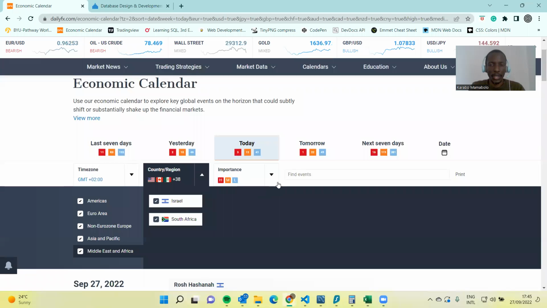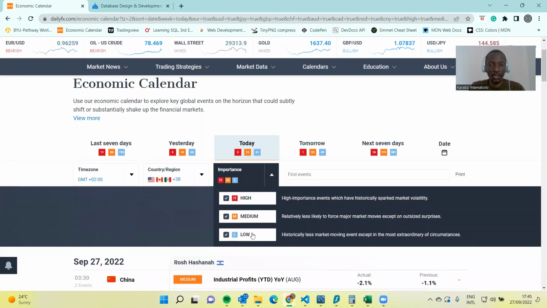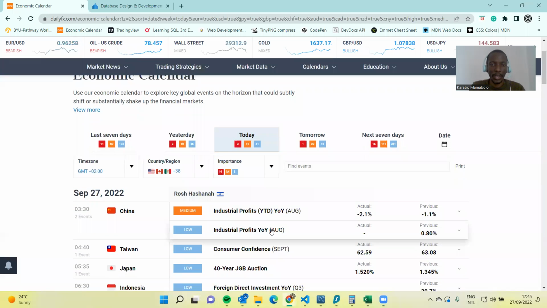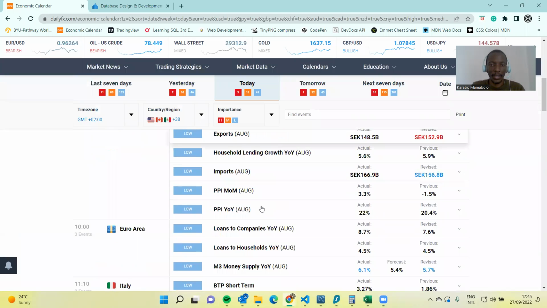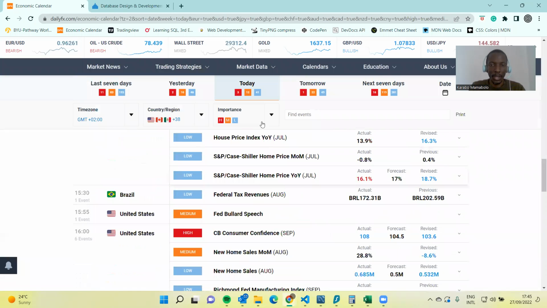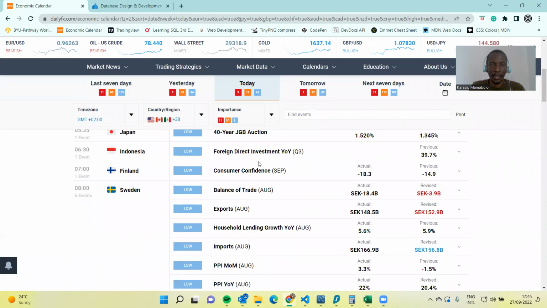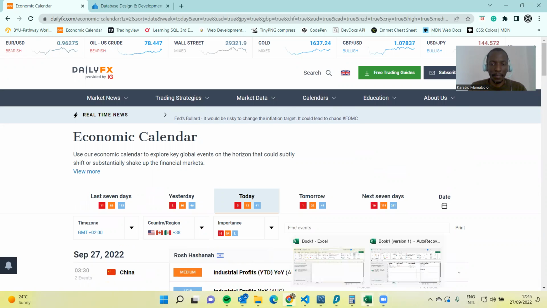I'll also be focusing on the importance of the data. It will be split into three categories: high, medium, or low, and also the economic data themselves, which, as you can see, there's quite a lot of data that is published there. There could be other items that can be looked into, but because of time, I won't be focusing on those